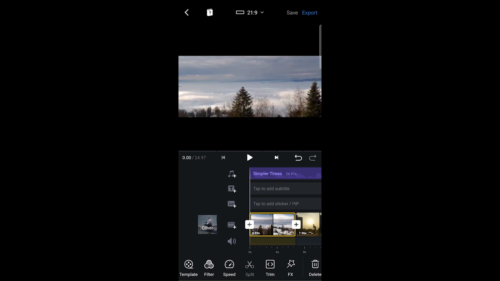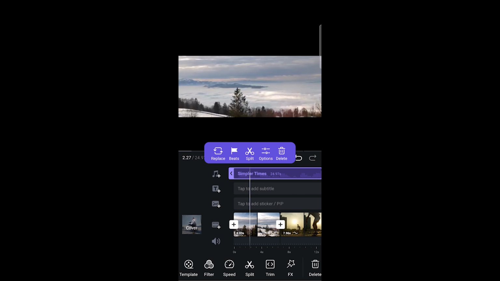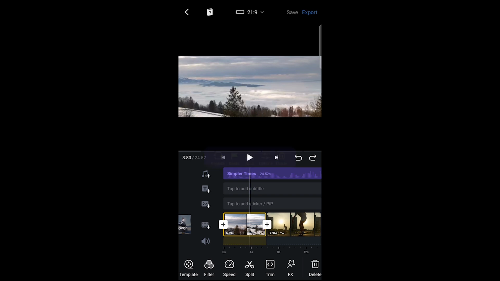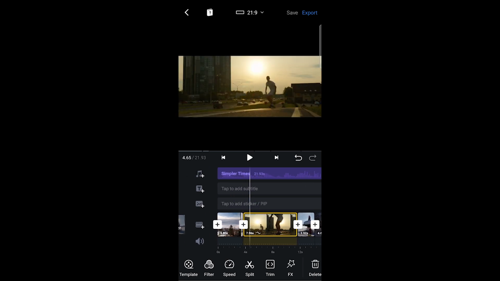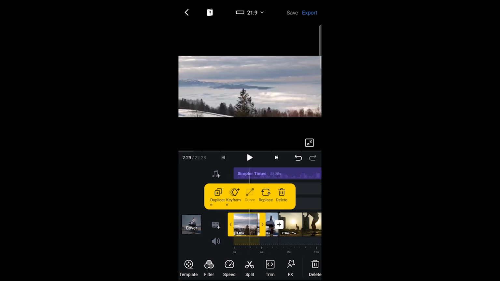And now you can see the music appear in the top track. If I tap on it, I get some options, just like with a video clip. If you're editing a montage, I always think it's a good idea to edit to the beat of the music. I use the visual peaks of the music to find the beat to cut on, right about here. And now I use the scissors to split the clip and delete the bit I don't want. So I'm just going to make a few edits here to show you how we can really create a punchy